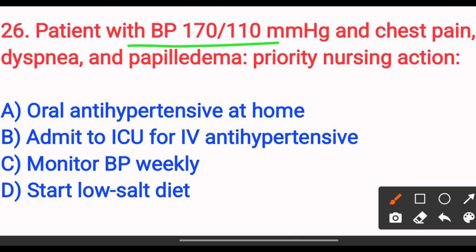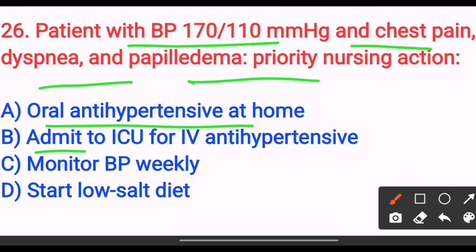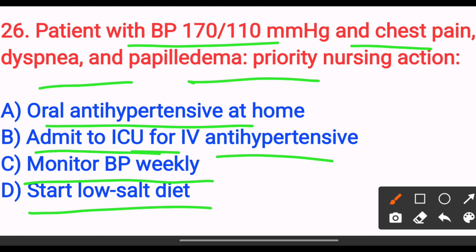Patient with BP 170 by 110 mm of Hg and chest pain, dyspnea and papilledema, priority nursing action is: option A, oral antihypertensive at home. Option B, admit to ICU for IV antihypertensive. Option C, monitor BP weekly. Option D, start low salt diet. The answer is option B, admit to ICU for IV antihypertensive, because signs of hypertensive emergency require immediate IV therapy in the ICU. Next,